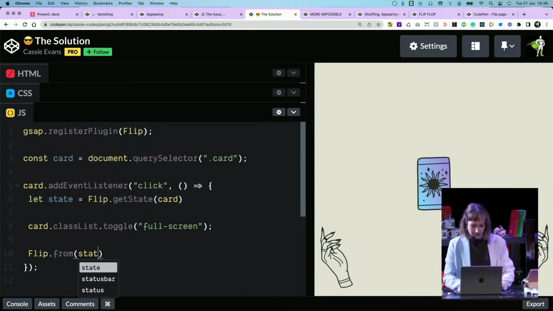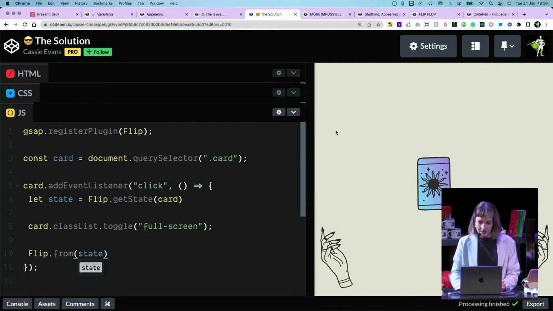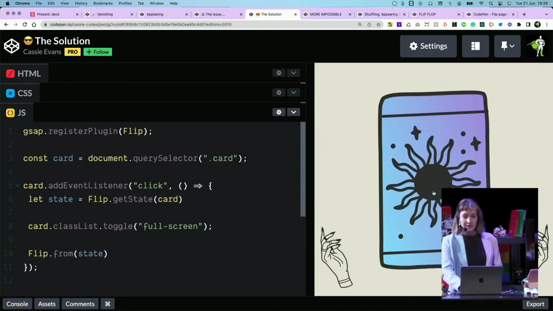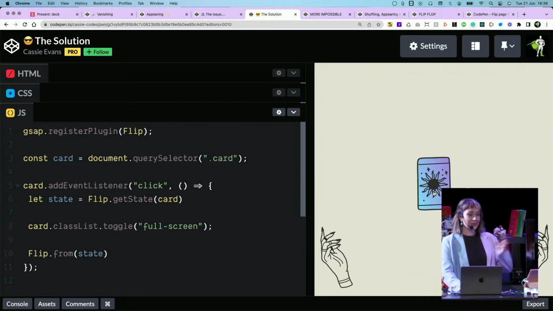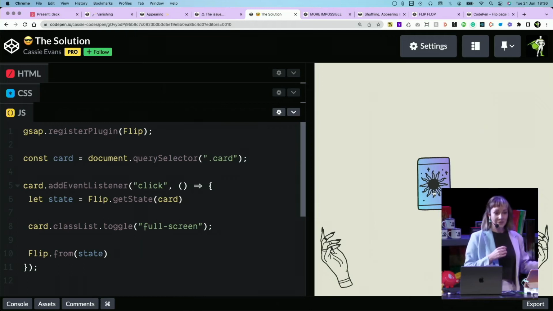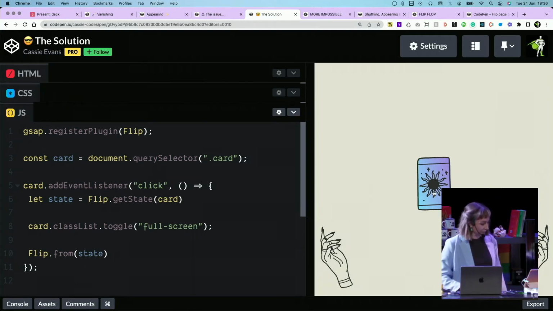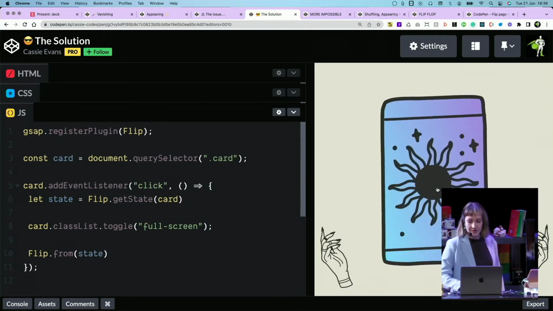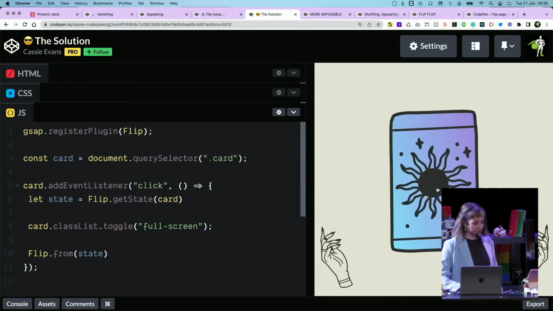So we're going to say Flip.from state. And now, whee! Now it's smoothly animating between those two positions, even though it's been taken out of the document flow and made position fixed. And it's capturing it on the fly, so it's interruptible, which is also really nice.